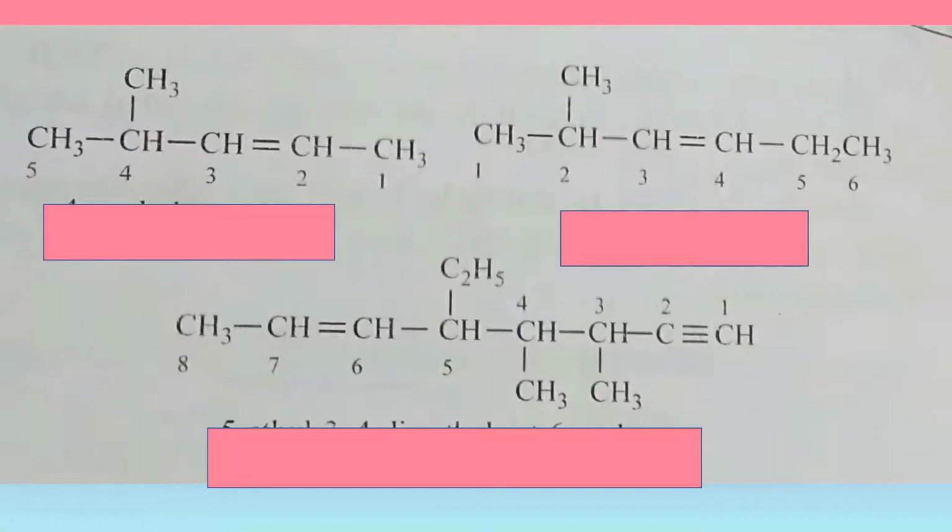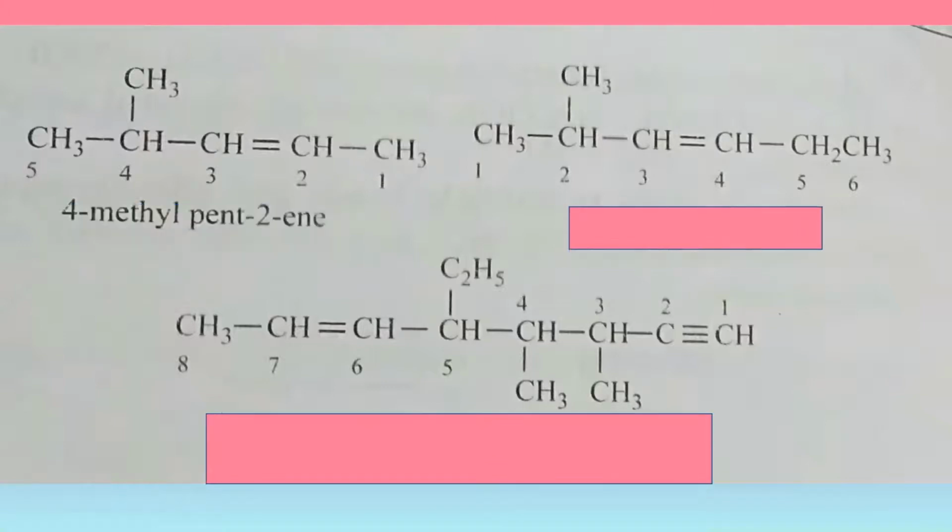So now coming to our first example. In the first one, if you see, we always write down the substituent before the secondary suffix. So here the root word is pent because it has 5 carbon atoms present here, and the methyl group is attached to the 4th carbon, and the double bond is present on the 2nd carbon. Since the double bond gets more priority when compared to the alkyl group, the methyl group gets number 4, and we do the allotment of the locants from right to left. And so the name here is 4-methylpent-2-ene. As you all saw in the last one, this is how we name these double bonds.